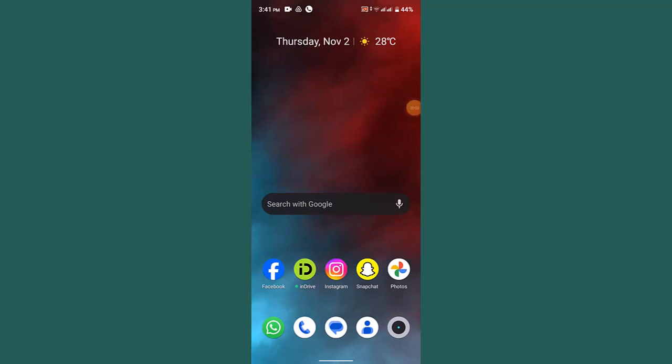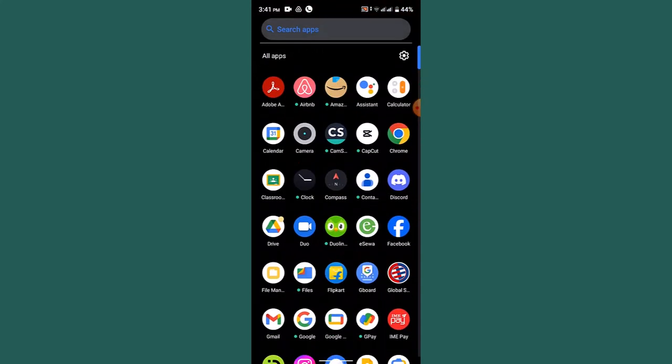How to turn off vanish mode on Instagram. Hey guys, welcome back. In today's episode I'll be showing you the ways on how you can turn off vanish